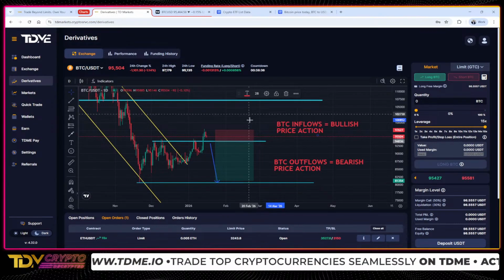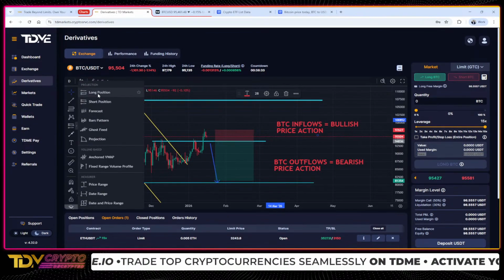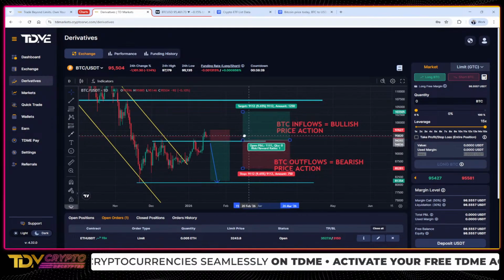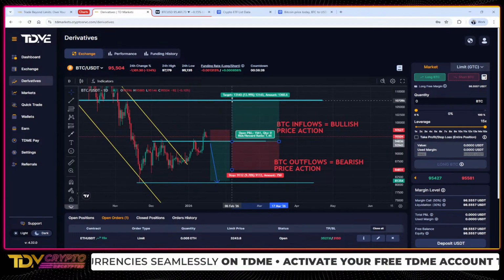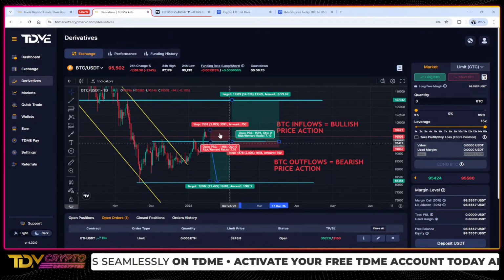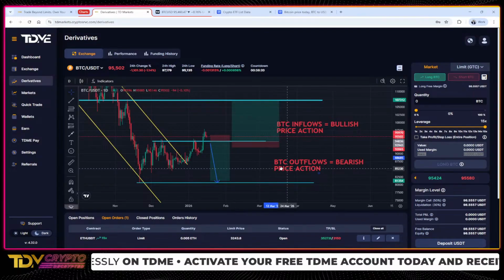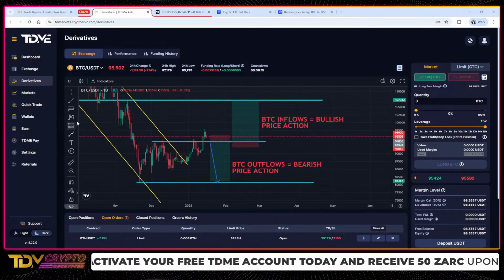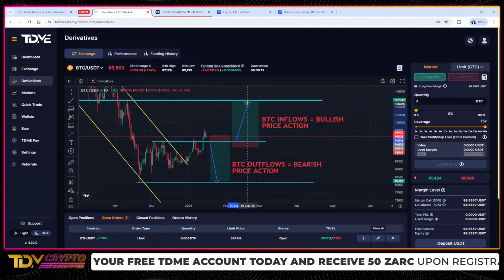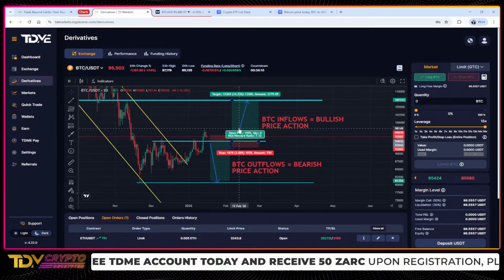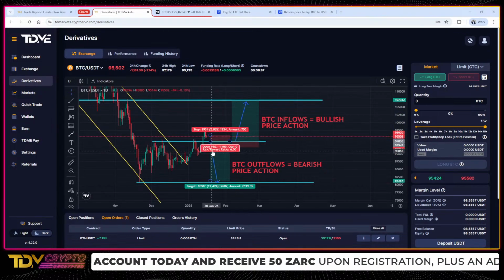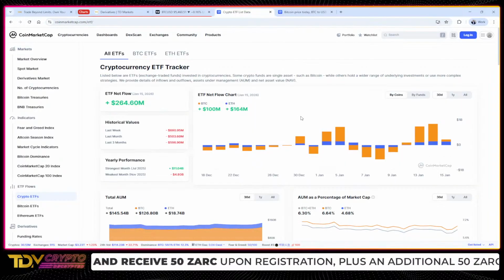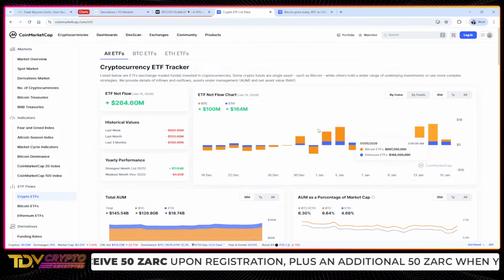There we go. And with this one now, we're gonna look at this setup to the upside. So you've got this one to the downside as a result of bearish outflows, but for bullish inflows, we are looking for something like this. All right, outflows and inflows there. So let's see what's going to happen. We are prepared for whatever happens. So we just have to follow this tracker, guys, right?